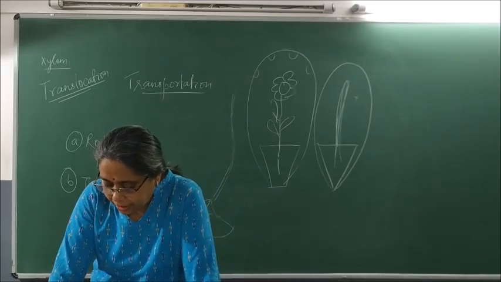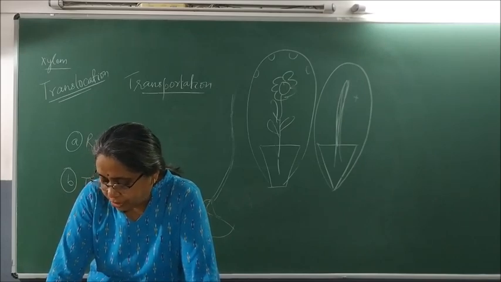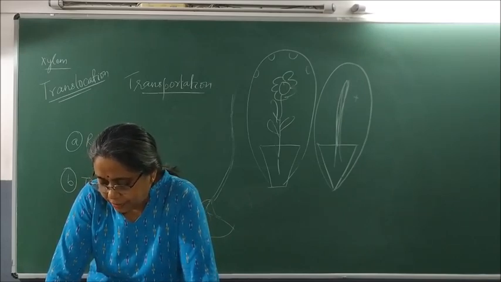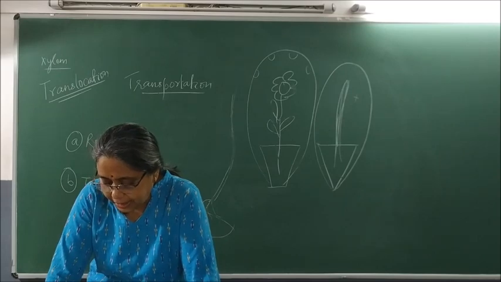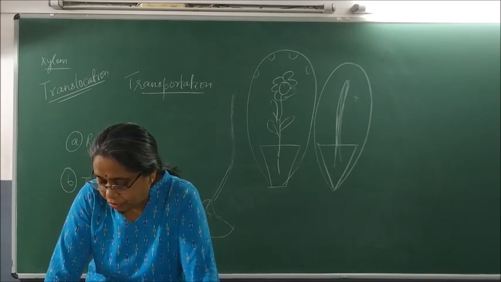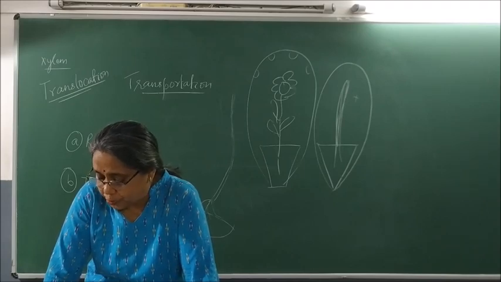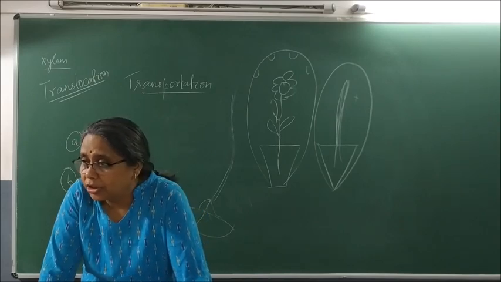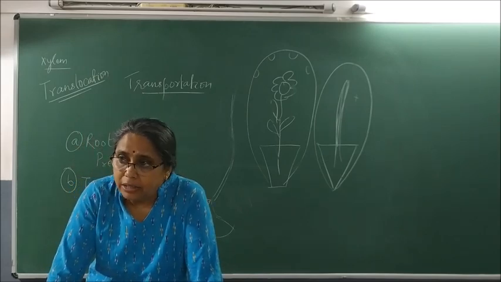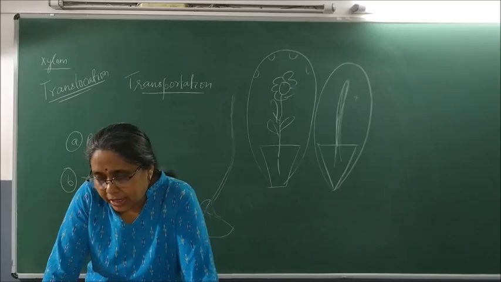Translocation. Besides the products of photosynthesis, phloem also transfers amino acids and other substances. These substances are delivered to storage organs of fruit, seed, root and to growing organs. The translocation of food and other substances takes place in sieve tubes and companion cells, both in what direction? Upward and downward direction. Please write.